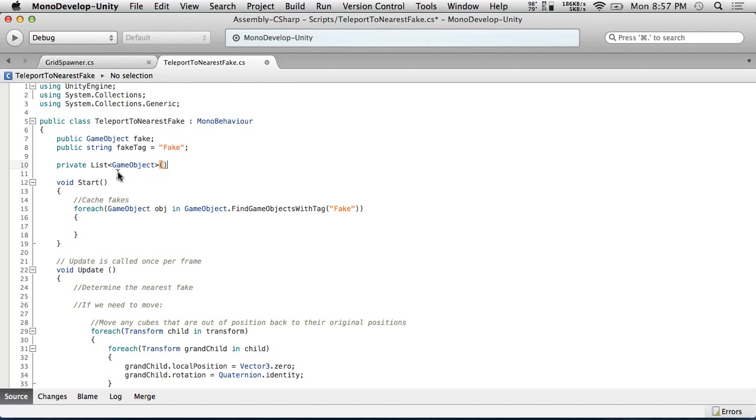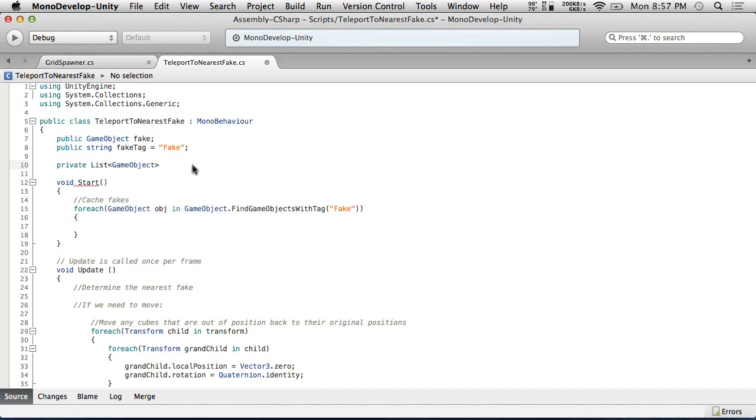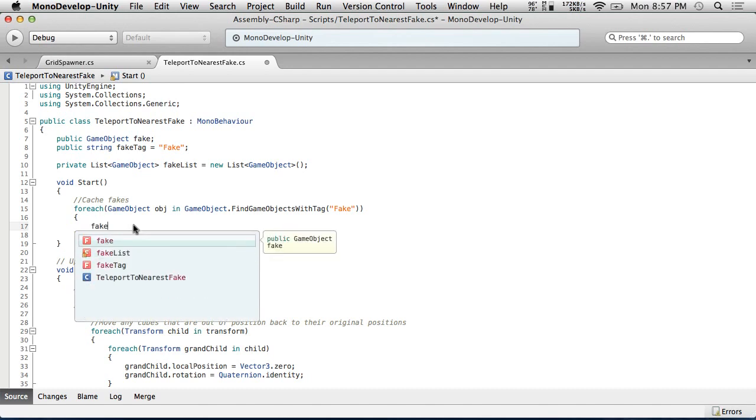Actually, let's do private List of GameObject. We're going to have to turn them off eventually. What's more important? I don't know. It doesn't matter. GameObject. fakeList equals new List of GameObject. And what we're going to do is fakeList.Add